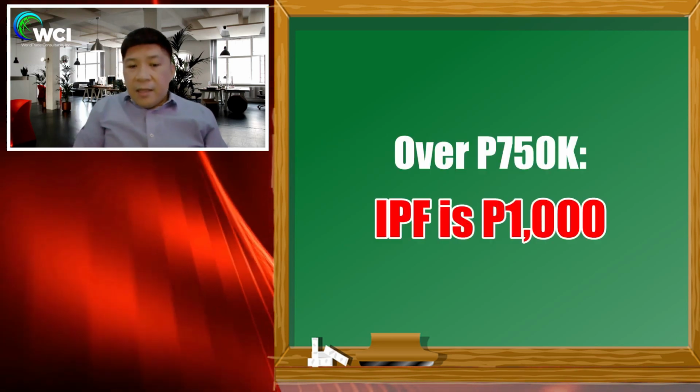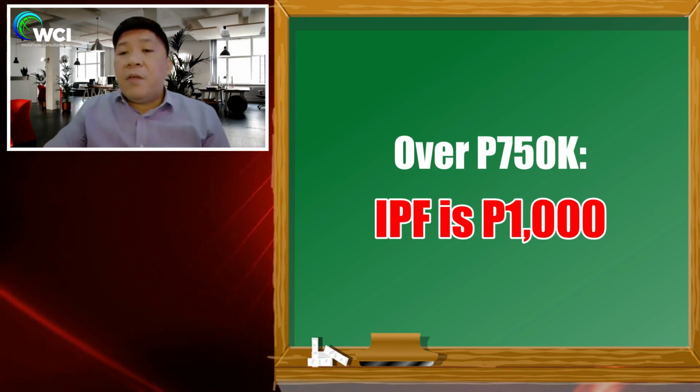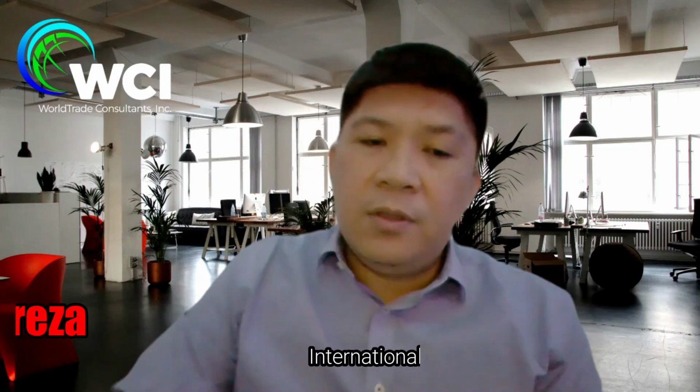Okay. Then next, over 750,000 pesos, ang IPF rate is 1,000 pesos. So, apat lang po yun, no? So, it's not hard to remember kasi yung dulo-dulo lang. Diba? Yung up to 250, so 250 siya. Up to 500, so 500 din po siya. Up to 750,000, so 750 naman po. Then, over 750,000 pesos, 1,000. Okay? Alright, so